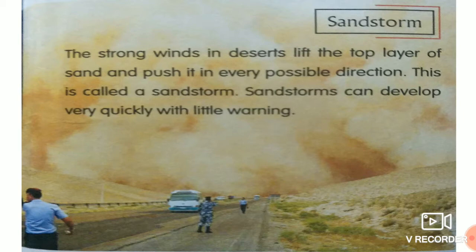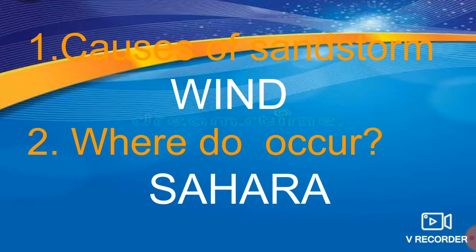What are the causes of sandstorm? The main cause of sandstorm is wind. Because of the pressure of the wind, the sandstorm will happen, and also lack of vegetation and absence of rainfall. These are the causes of sandstorm. And where do sandstorms occur? We mostly find them in dry, hot desert regions across the world, for example the Sahara Desert. They mostly arise during the hot summer season, but sometimes occur in spring too in the US.